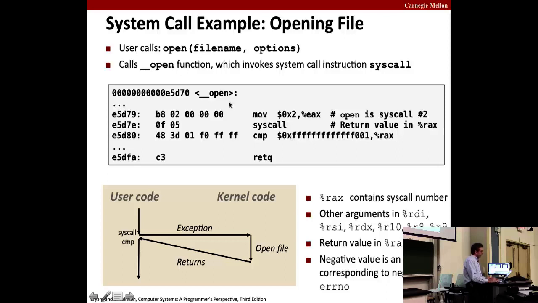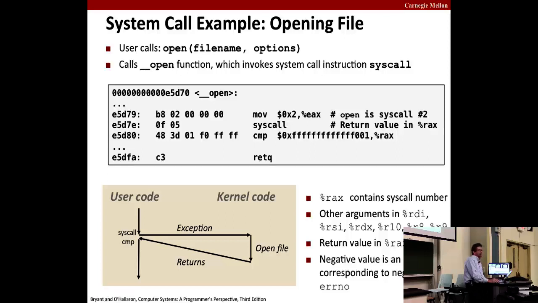So you can see if we look in the open function, it calls the __open function, which actually invokes the syscall. If you look at that code, you see it moves the 2, which is the syscall number for open, into EAX, and then it does the syscall. And then the syscall returns its status in RAX.